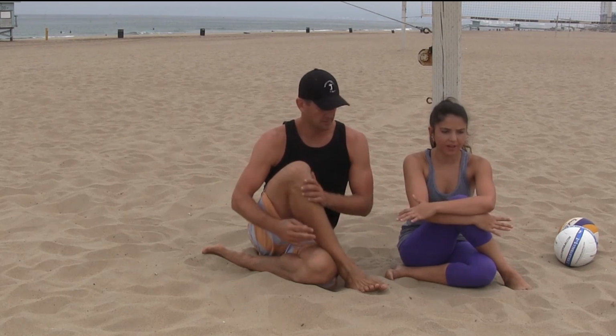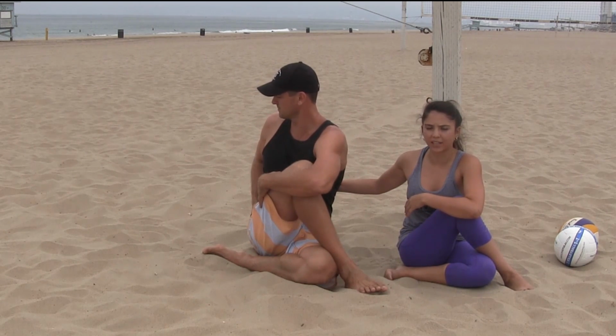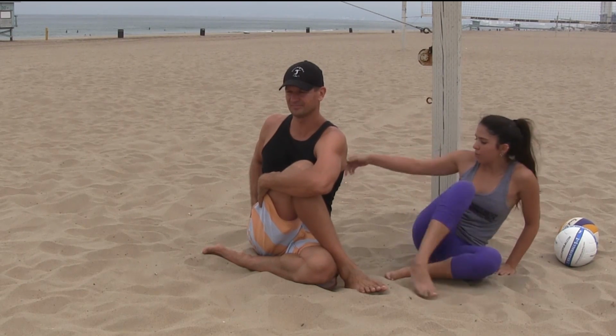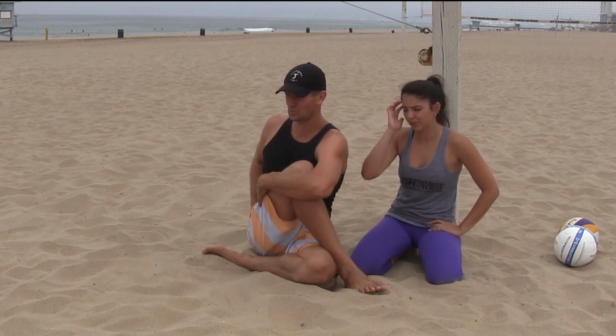Nice and flat. And from here, I want you to start by just lengthening your spine up towards the sky, and then you're rooting that right hip down. And now you're gonna hug it in a little bit tighter and twist to the right. So not only are we getting a nice twist, right? We're working on that length in the spine, some mobility in the spine, but by rooting and dropping that right hip down, we're really targeting the glute med, which is a really important muscle, especially if you're dealing with